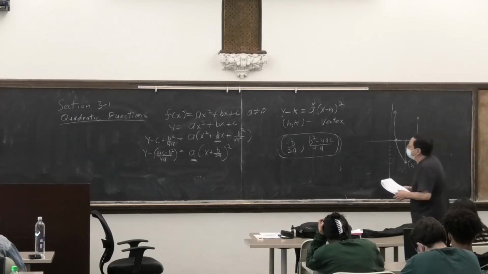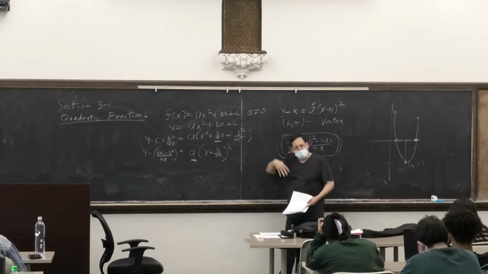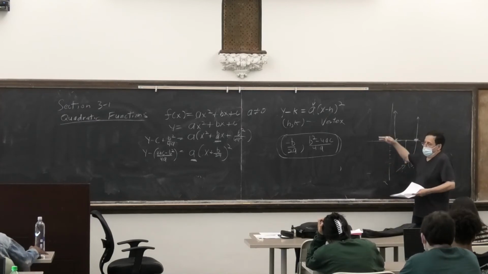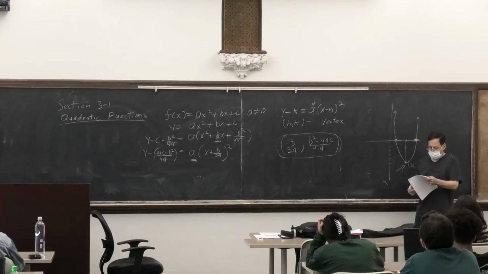You look at the leading coefficient. If it's positive, it's going up, so it's a minimum, right? If it's negative, it's going down, it's a maximum. All right, so